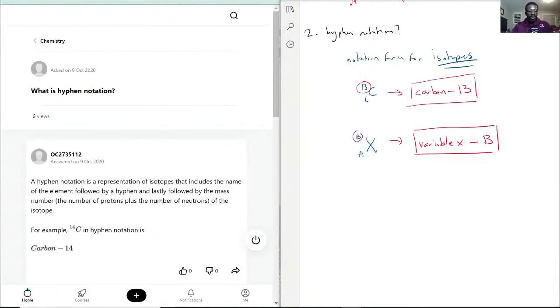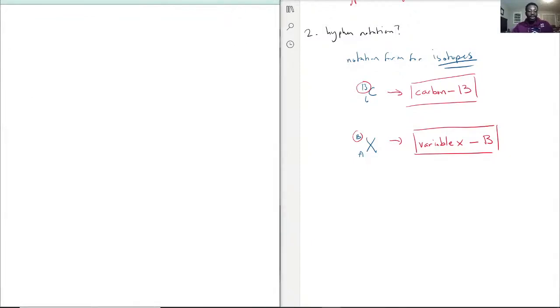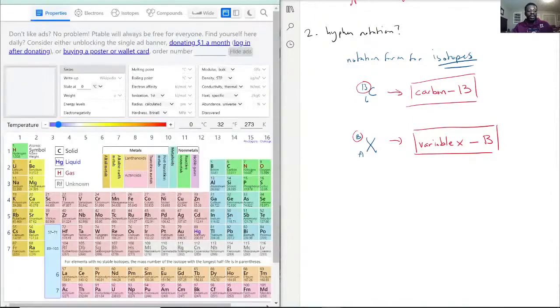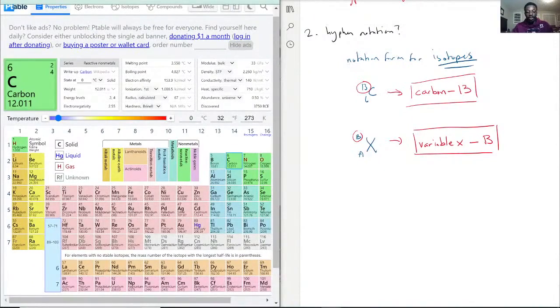And we can actually compare here. The reason it's important to know even A, for example, is because, as you see here, when we did our isotope for carbon, as soon as our periodic table loads, there we go, it is the 6th element. Perfect, so that's why we have 6 there. It means that it has 6 protons, and the superscript up there, that number above, indicates the mass, which is calculated, in this case for the isotope, as protons plus neutrons. So knowing that, this carbon 13 will actually have 7